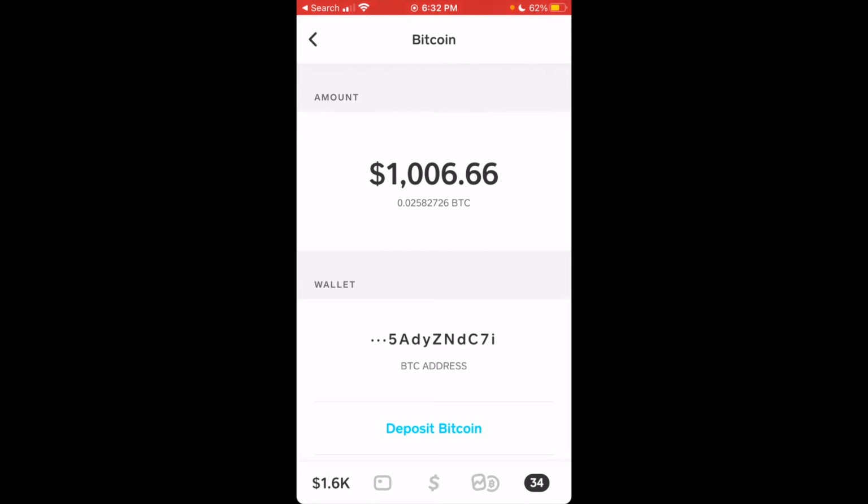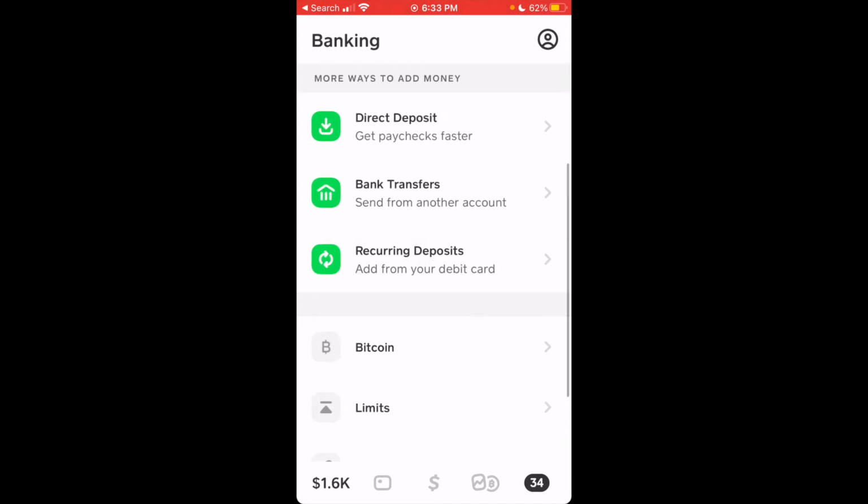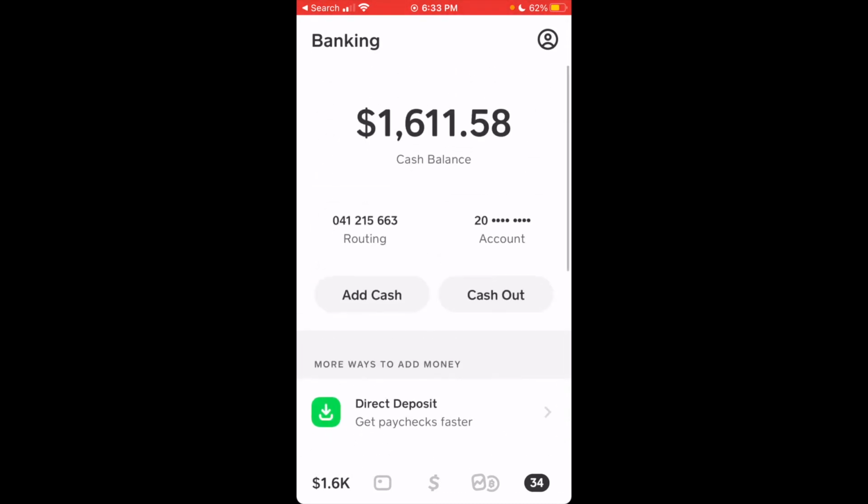That verification process, I've seen it go through as fast as 20 minutes, and I've seen it take as long as 24 hours. They'll have a person that's enabling Bitcoin on their Cash App, which means they're just requesting that they can buy and sell or receive and send Bitcoin. They're going to have to go through the verification. They're going to upload their driver's license. They're going to take a selfie. They're going to do all that stuff because